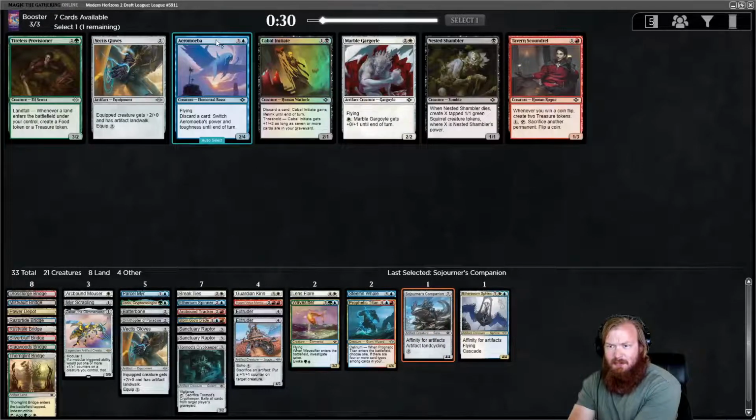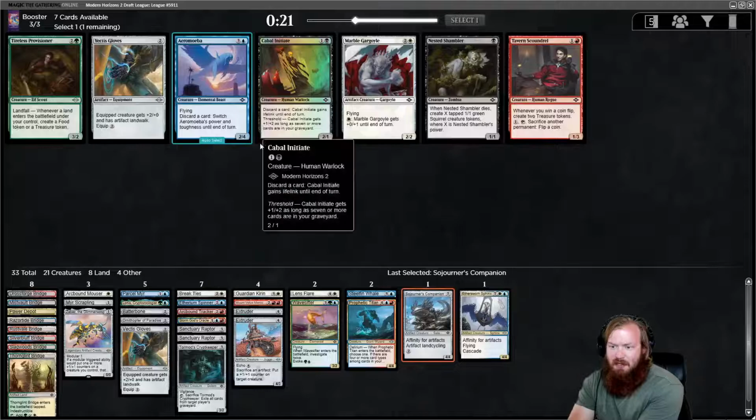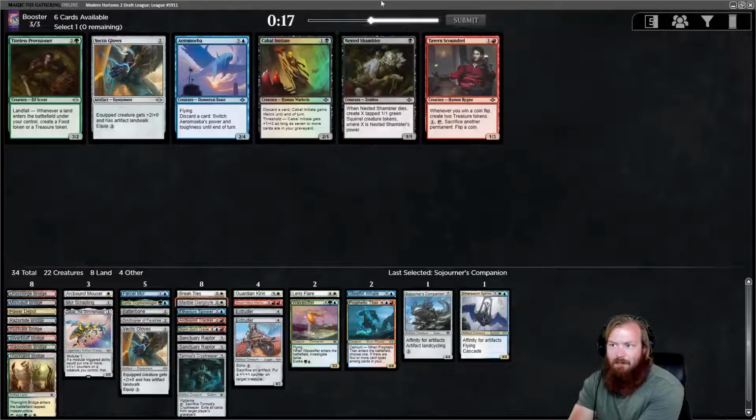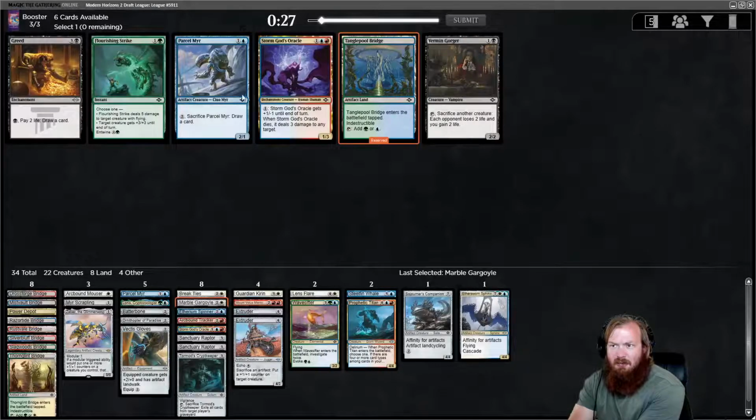Alright, cards coming around. What do we got? Amoeba, Marble Gargoyle. I don't think I'd play 2 sets of Vectis Gloves, so I'm going to take the Gargoyle. I will take the green and blue fixing. Flourishing Strike is a pretty fantastic card, but we're playing almost all 5 colors of mana, so...